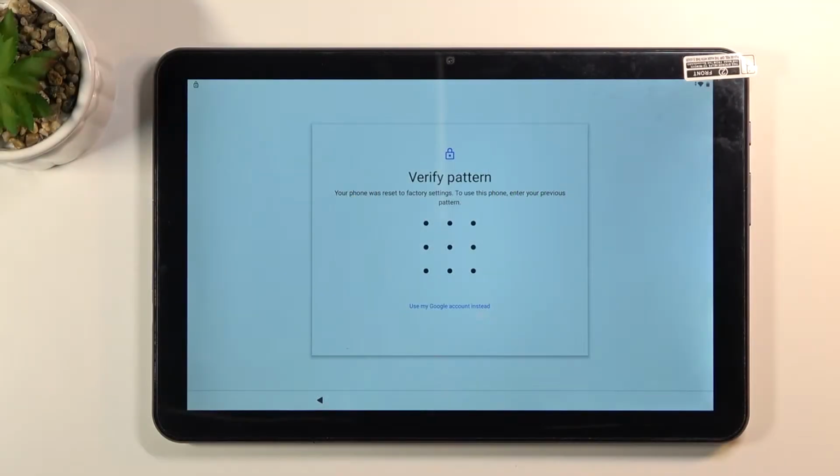Welcome. In front of me is an IGET Smart L203, and today I'll show you how to bypass the Google verification on this phone. To get started, as you can see, the tablet in front of me is locked, and I could unlock it either using the verification pattern or using the Google account,